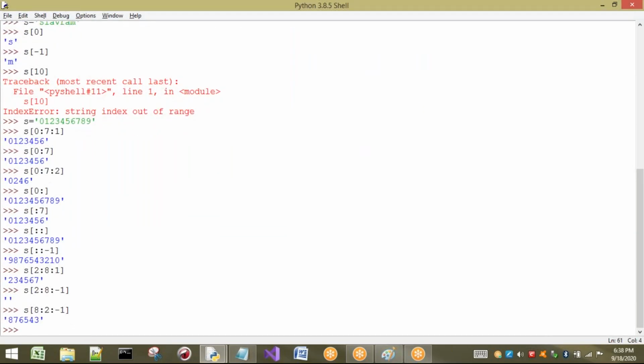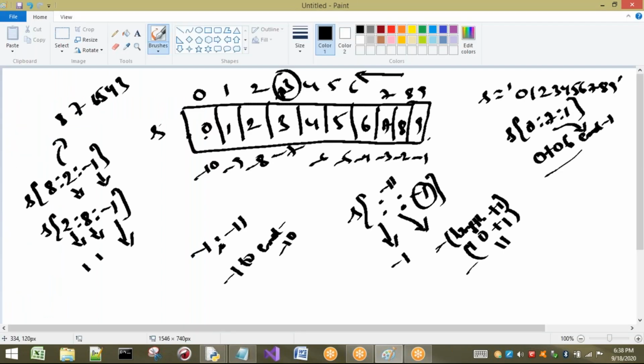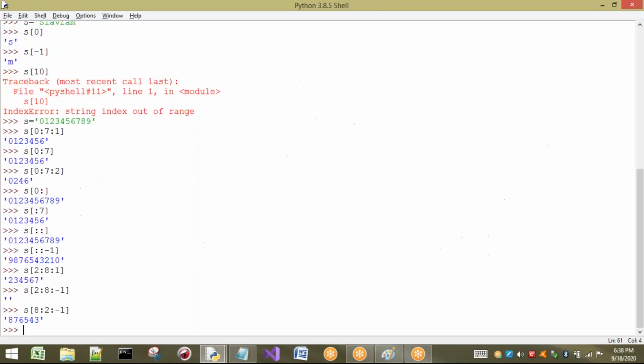So what is the values from where to where it has printed? 8, 7, 6, 5, 4, 3. Up to 3 it has been printed. Now one more statement I have discussed there. If I place 0, so already this point I have discussed. Compulsory step value should not be 0. If I place step value as 0, that means what it is going to print? It will not print anything. So not only in this case, you can take any case.